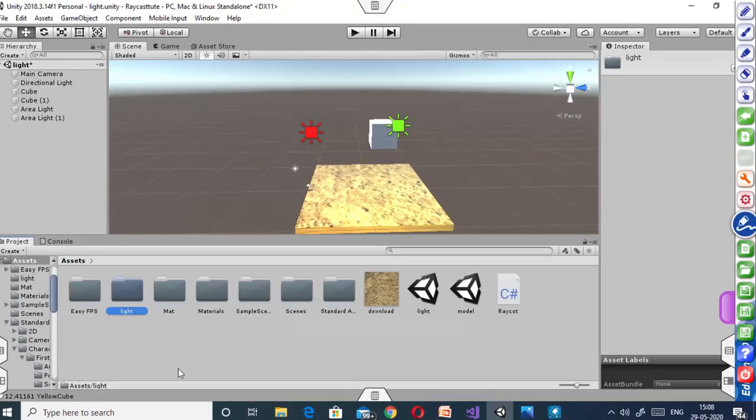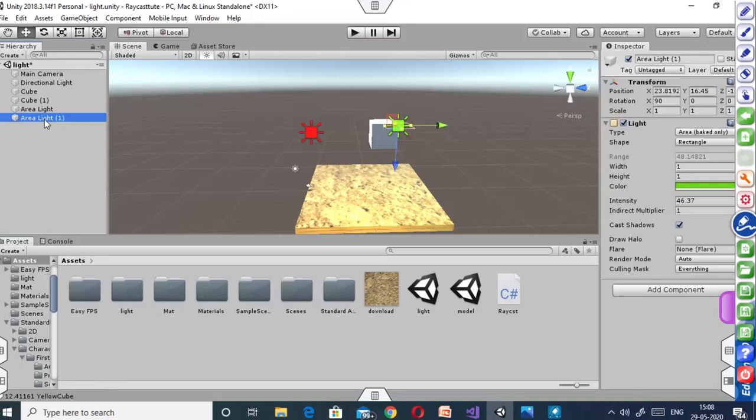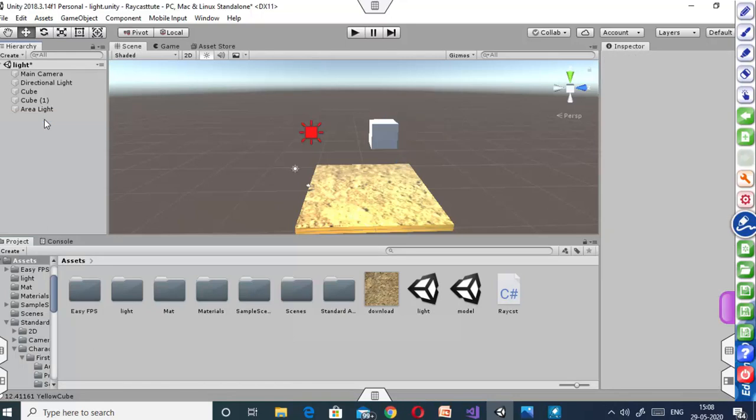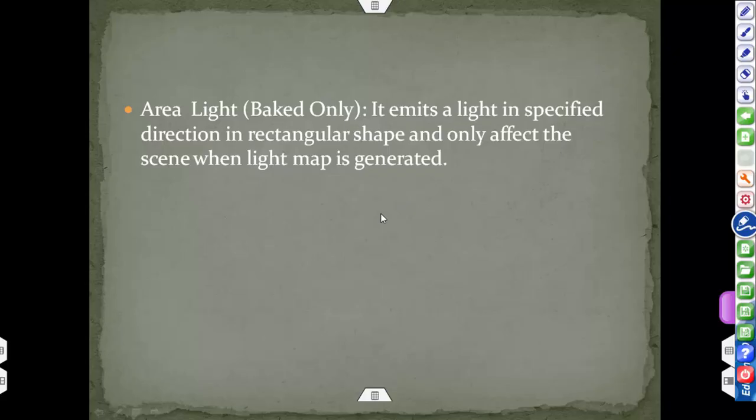So after getting this light map, if I delete this area light, we will still get the same illumination on this ground. So that is the beauty of the baked light system. We have seen all the types of lights.